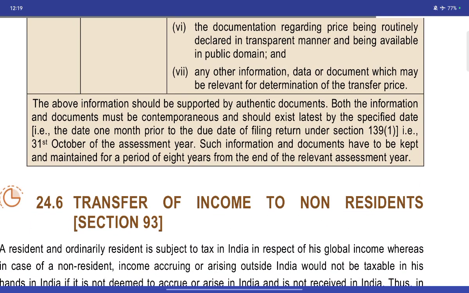The above information should be supported by authentic documents. Both the information and documents should be contemporaneous. Contemporaneous should exist on the